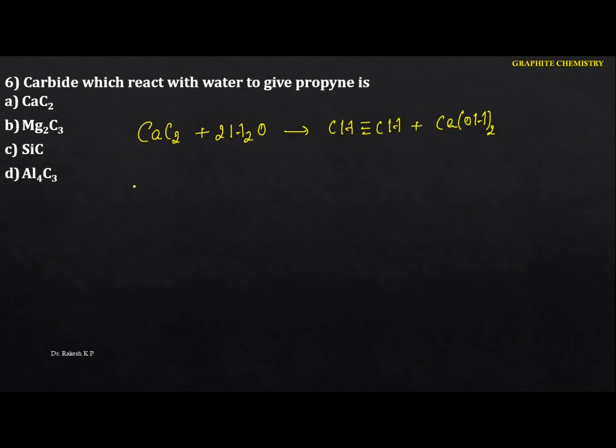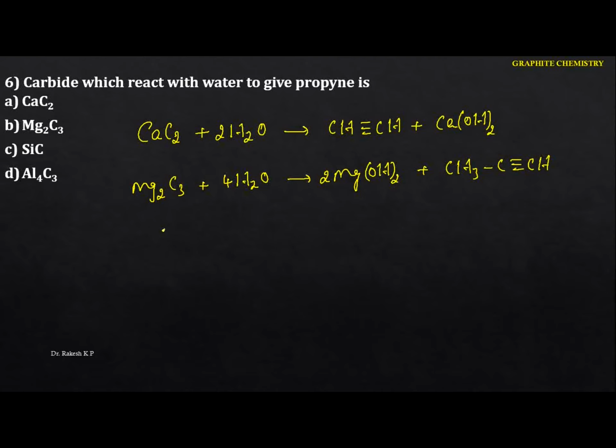Next they have given magnesium carbide. When magnesium carbide reacts with water, one thing we are going to get is magnesium hydroxide, and the next thing we get is propane. Now we have to balance the equations. Here I am going to take the 4, and here it is the 2. Here what we got is propane, but in the first case what we got is ethane. Our intention is to prepare propane. We got this one, so this option will be the B.